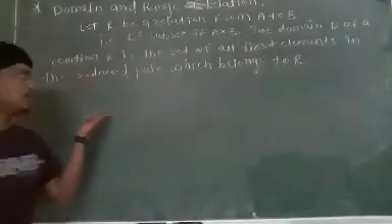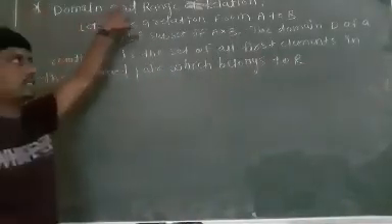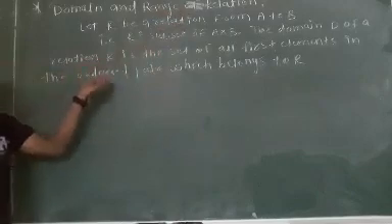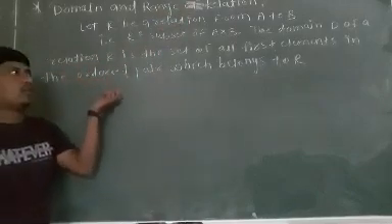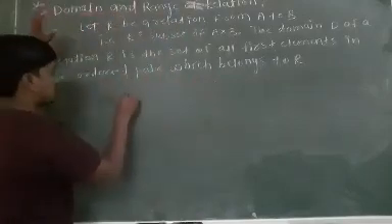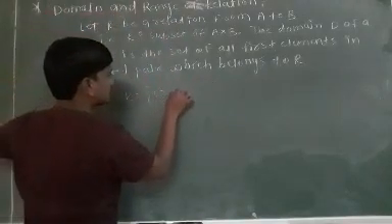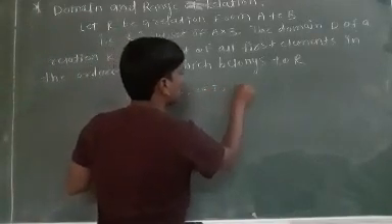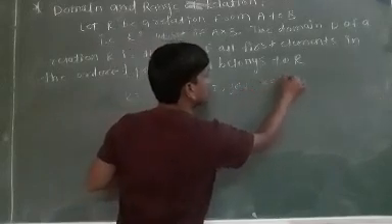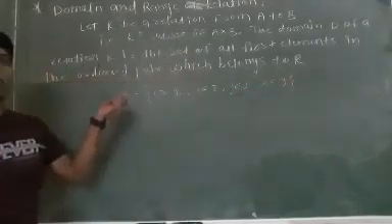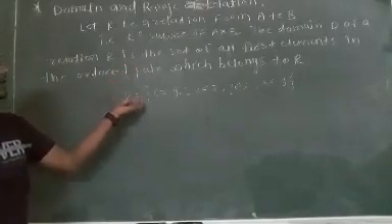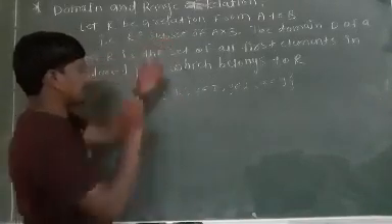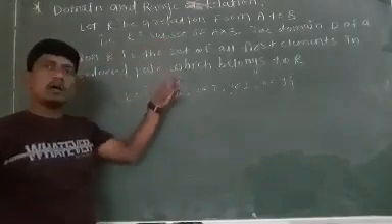So what is the domain of a relation? If R is a relation from set A to set B, that is R is a subset of A cross B, then the domain D of a relation R is the set of all first elements in the ordered pairs which belong to R. For example, suppose R is a relation which contains all elements of the type (x, y), where x and y are members of the set of all integers, and the relation is defined by x is less than y. Then the domain contains all those first elements of the ordered pairs of relation R. That is, the collection of these x is nothing but our domain.